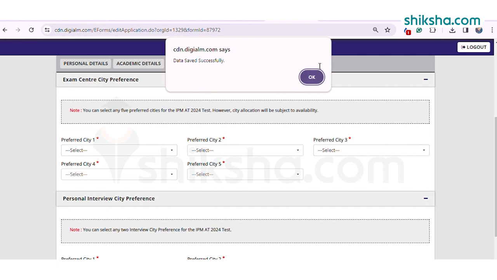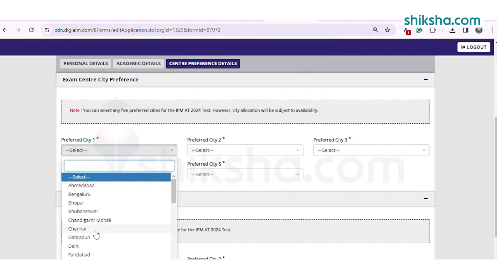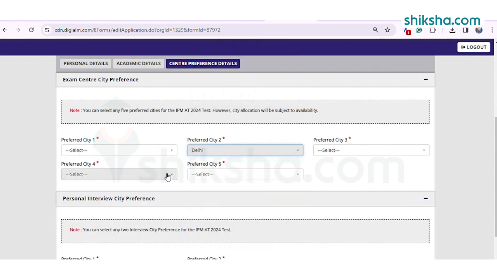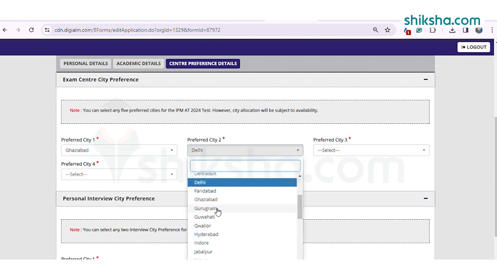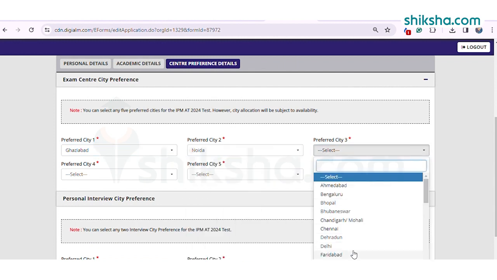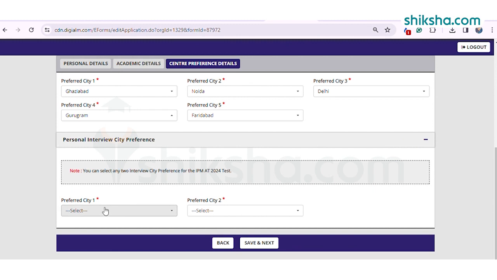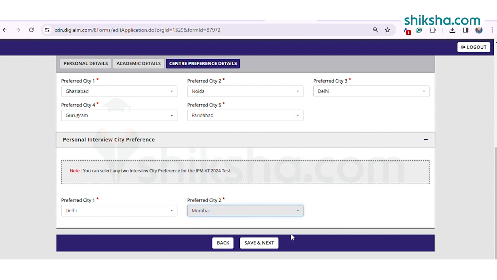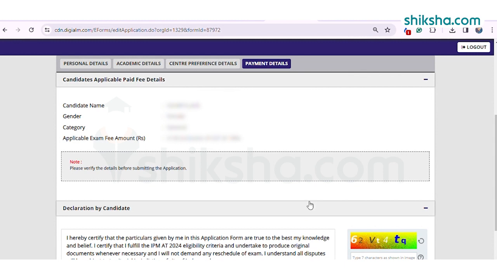Now, candidates need to choose their preferred test city for the IPMAT exam. Candidates can choose up to 5 test cities according to their preference. They must note that they need to choose different test cities for their IPMAT 2024 exam. Candidates also need to choose their personal interview city preference. They can choose up to 2 test cities for their personal interview. Once done, they can choose the Save and Next button and proceed on to the next part of the application